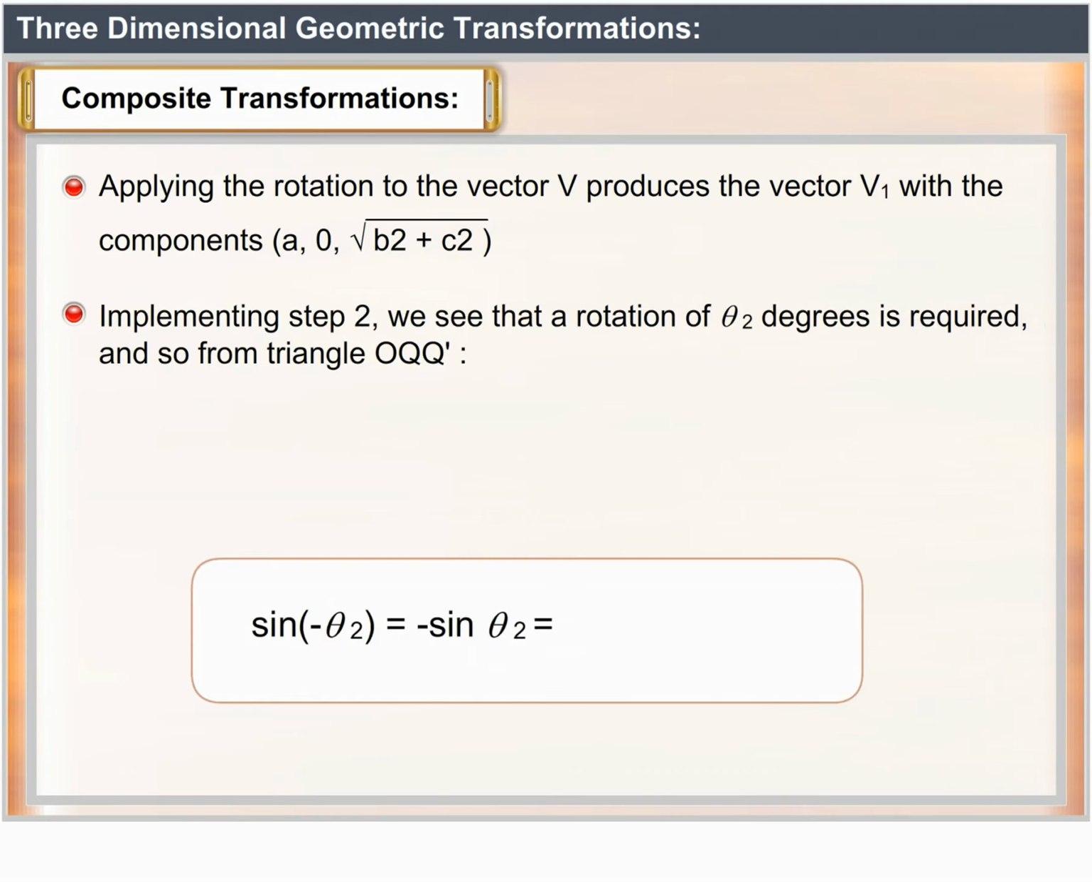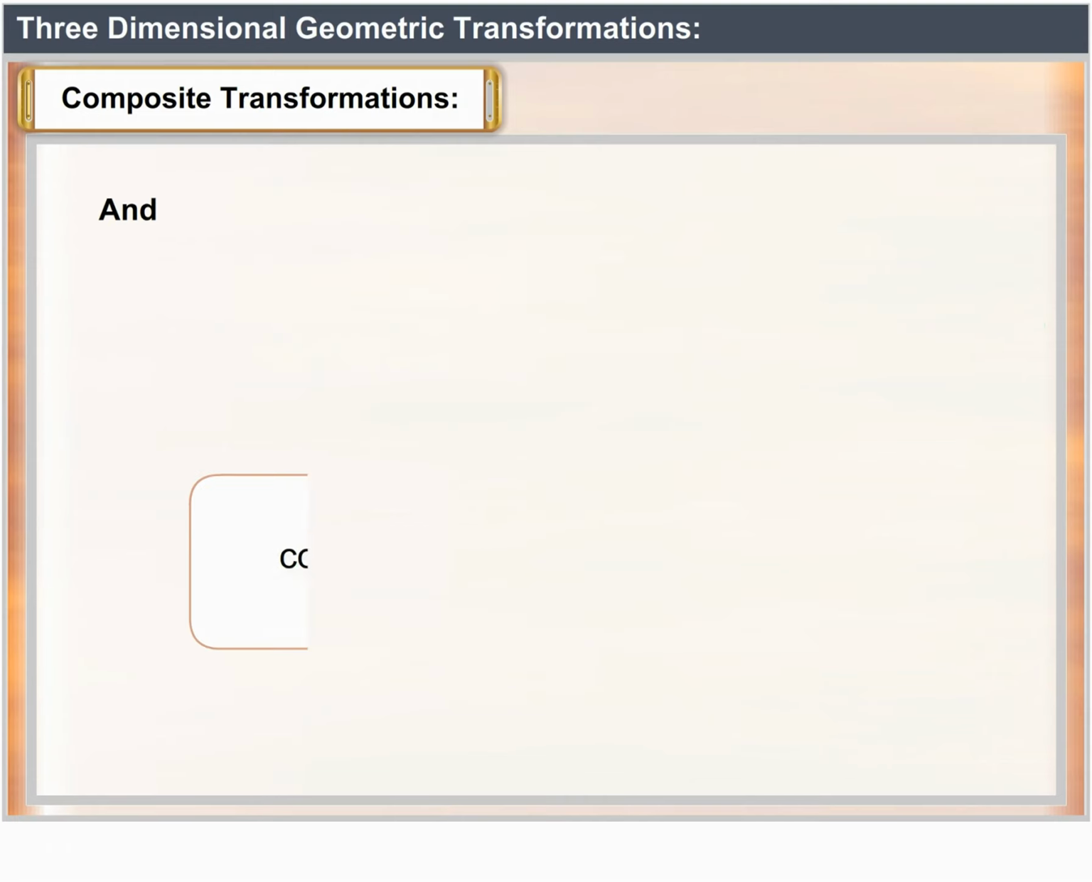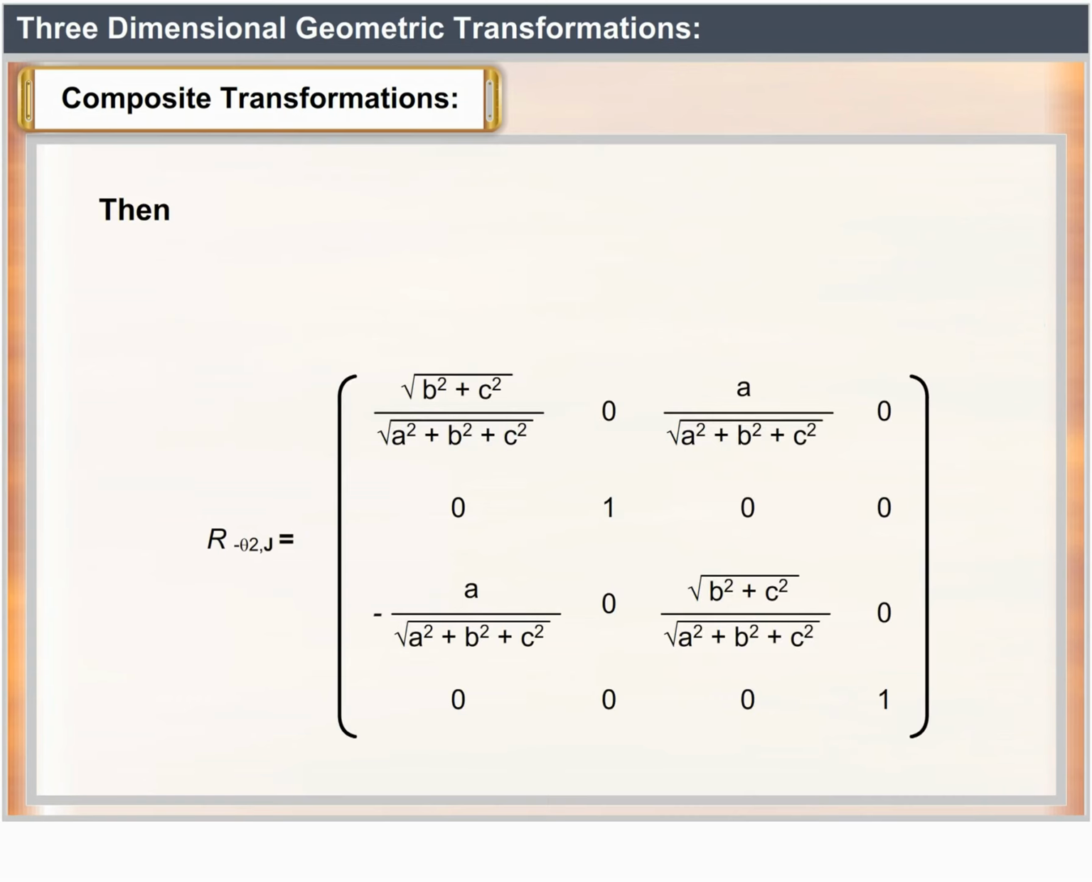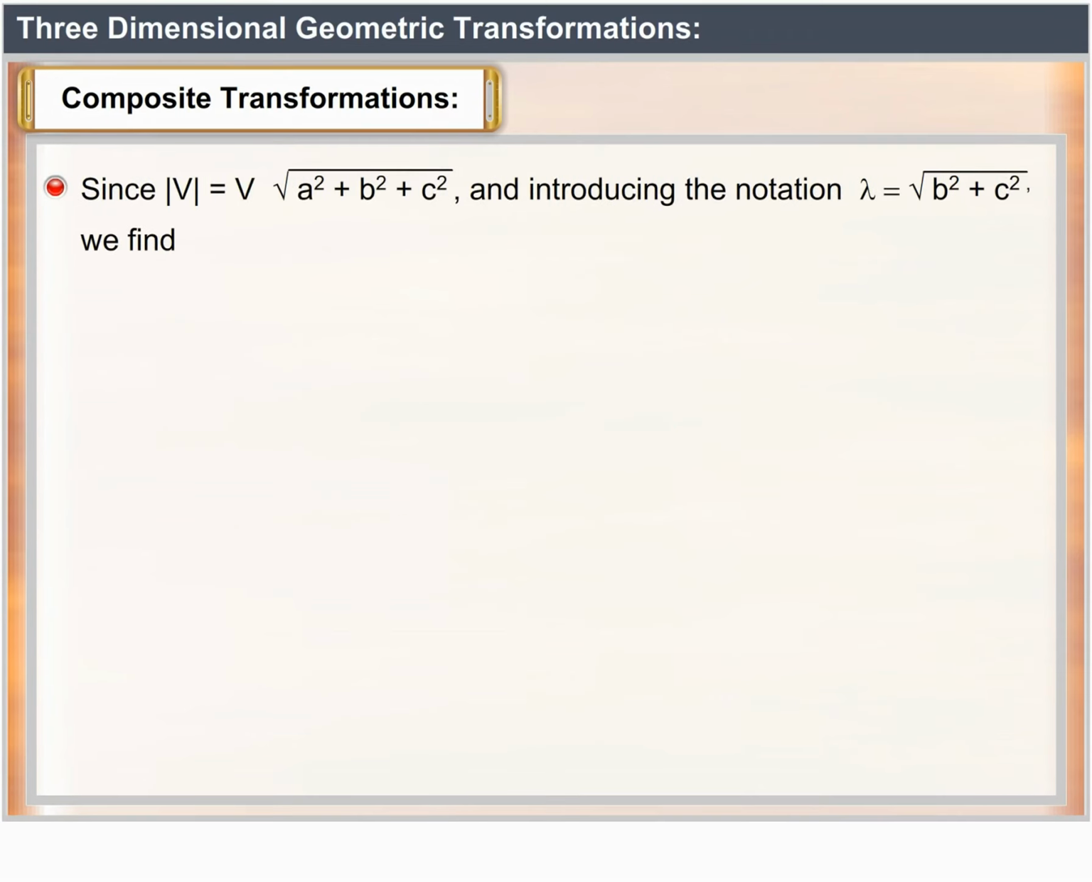And then, since the magnitude of V equals square root of a squared plus b squared plus c squared, and introducing the notation lambda equals square root of b squared plus c squared, we find